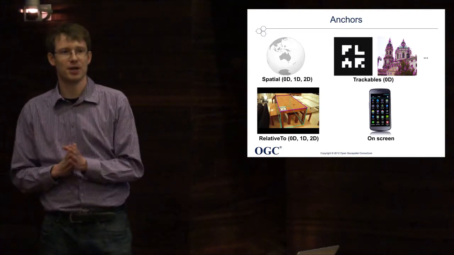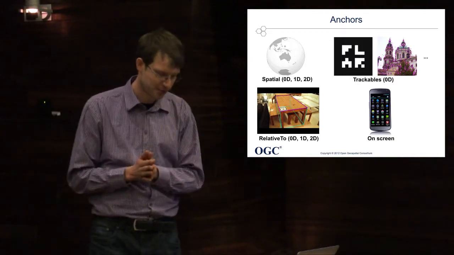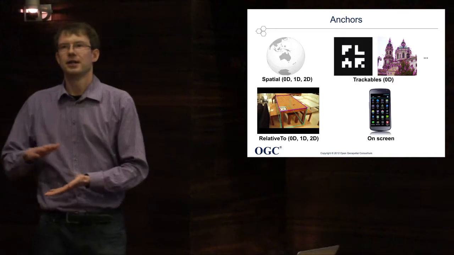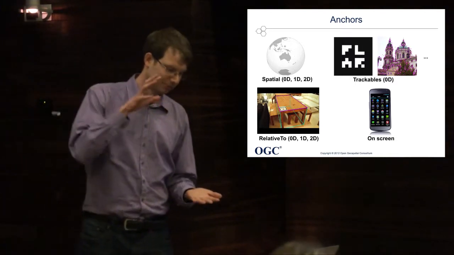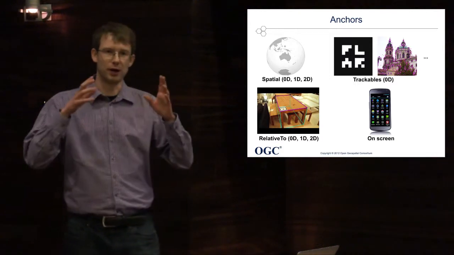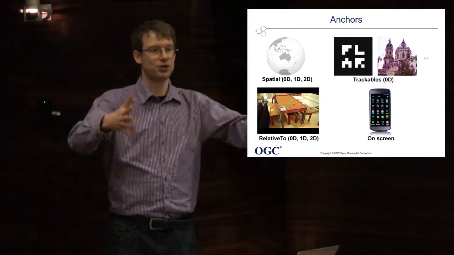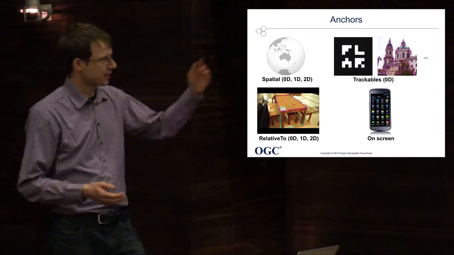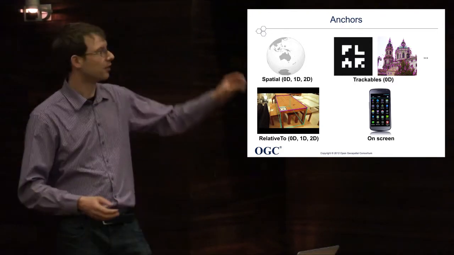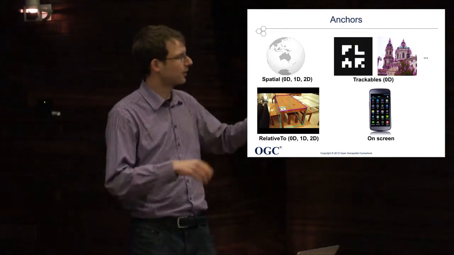Relative to is another type of anchor. Sometimes you have scenarios where a particular thing like a marker shouldn't be overlaid immediately. It should describe an augmented reality scene or trigger a richer experience. For example, here it's just a very basic example. This marker here basically outlines the entire table. So not just the marker is overlaid, the marker is kind of